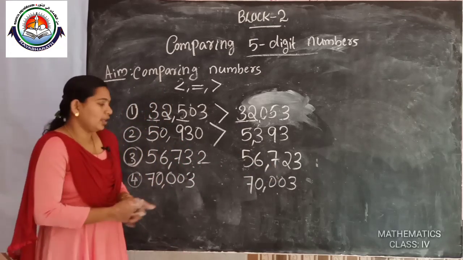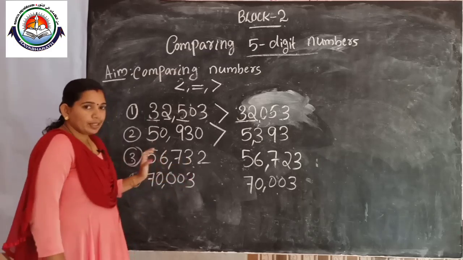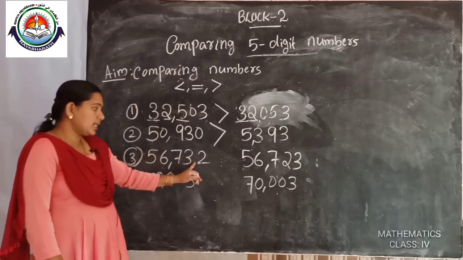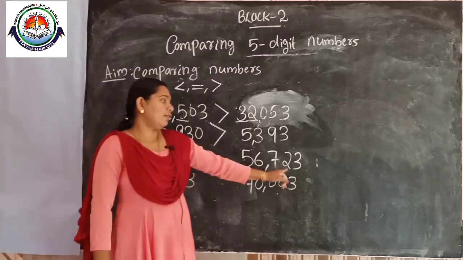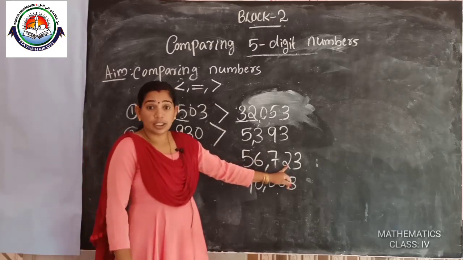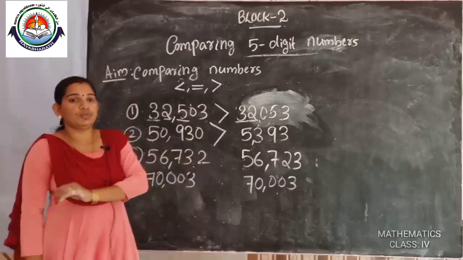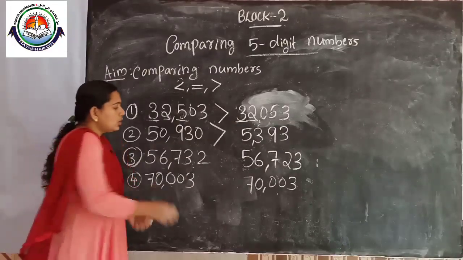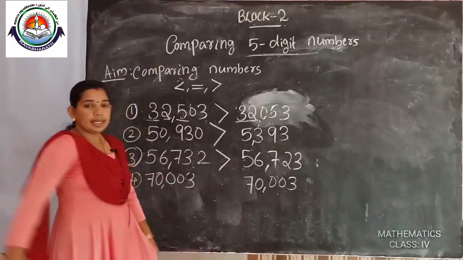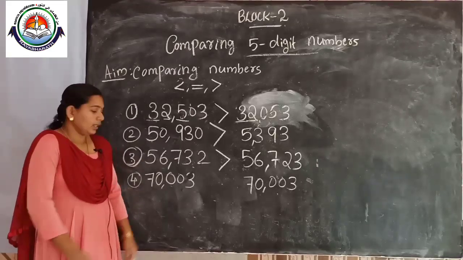Then we will check the fourth digit. From the left side, fourth digit 3 and fourth digit 2. So 3 or 2, which is greater? 3. So this is the greater number. Next,